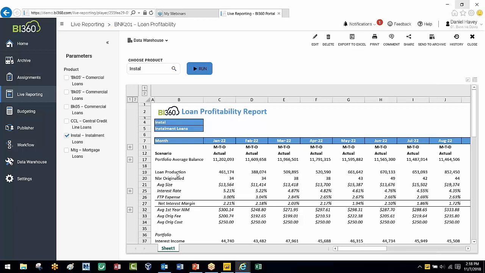Then I've got production. What amount of these loans are being originated each month? So 461,000 in the month of January, 388,509, 38 loans originated. If I want to know what makes up any of these balances, these records, these amounts,